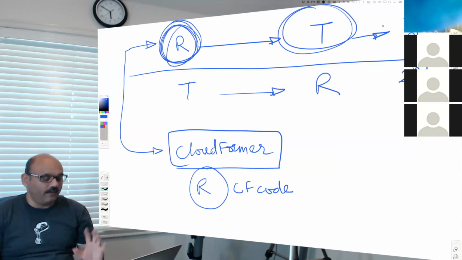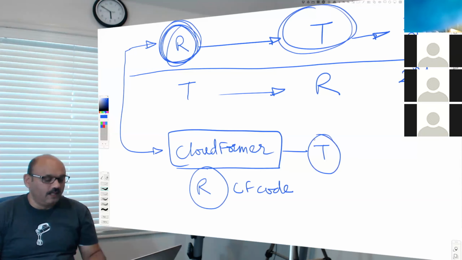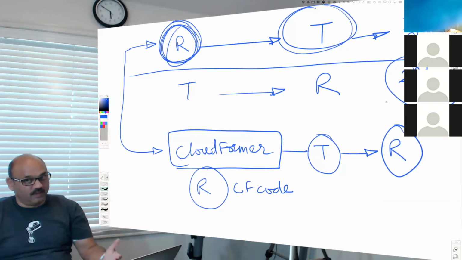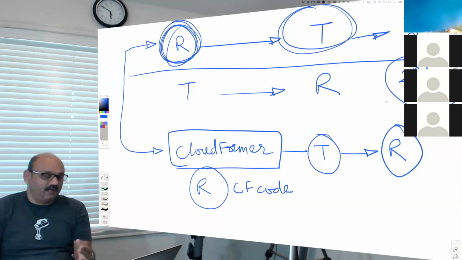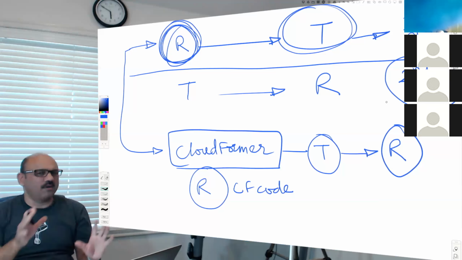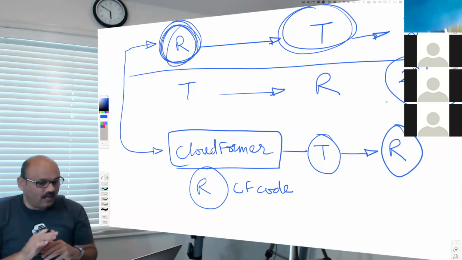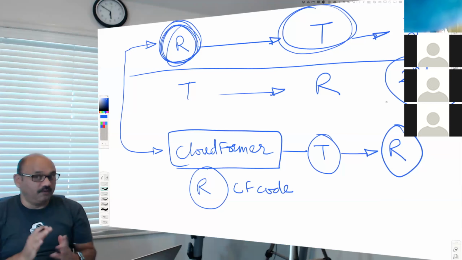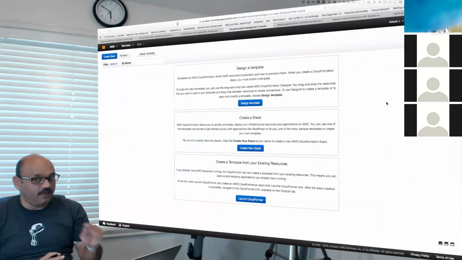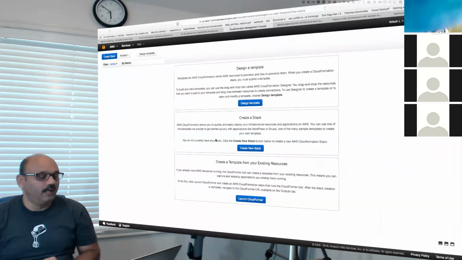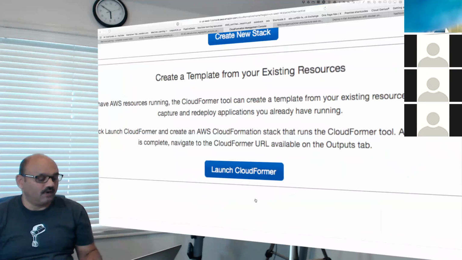Now, here, this CloudFormer itself is a template. And so we have to run that template to create this CloudFormer resource, and that will be the second blue button. To get to run the third blue button, we still have to use the second button. It's kind of clumsy to think about like this. But I want to make sure that I now show it to you to help you understand what is going on. So here, I'm going to hit the third button, which is to launch CloudFormer.